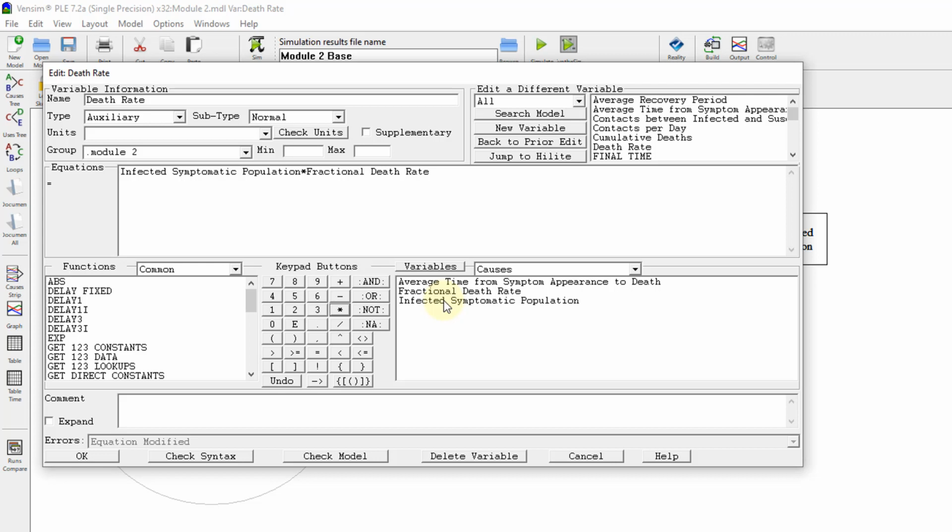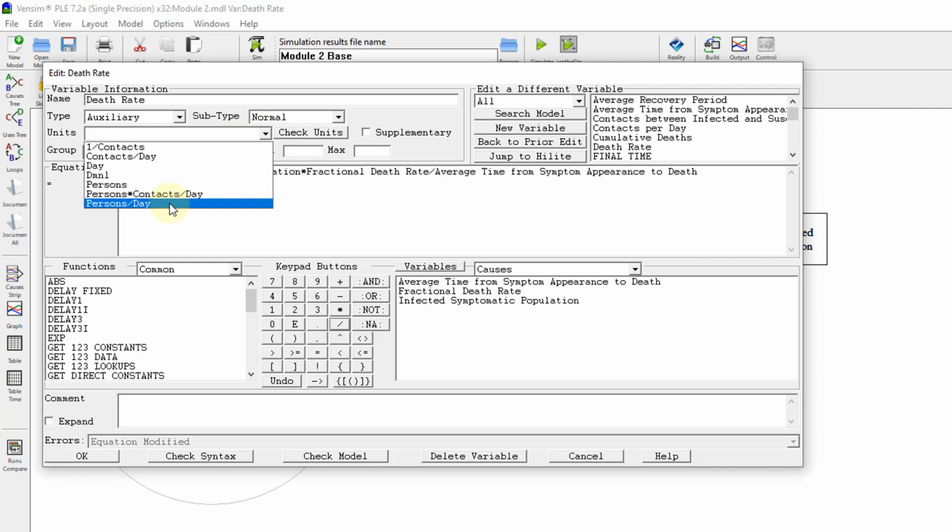So this is the number of infected symptomatic population that's actually gonna go towards the death pipeline, and then you're gonna divide that by average time from symptom appearance to death. So the unit of this whole numerator is person, and then you divide that by day, so the unit's gonna be person